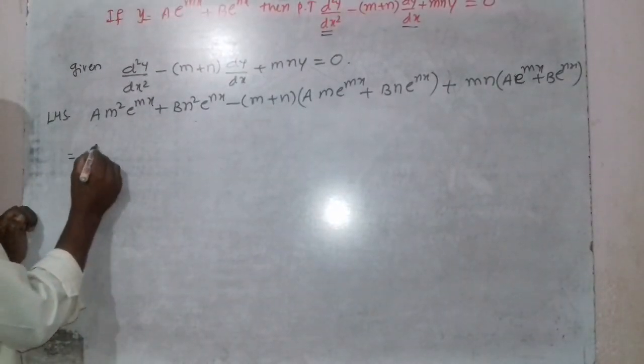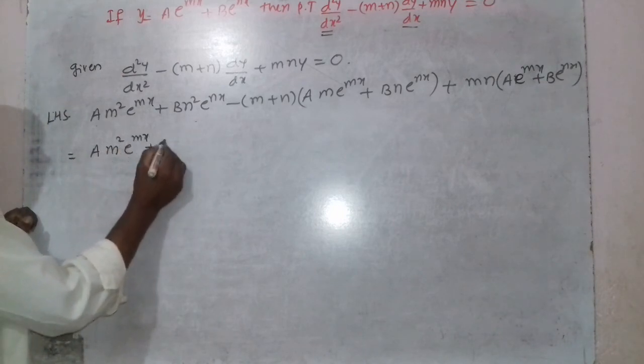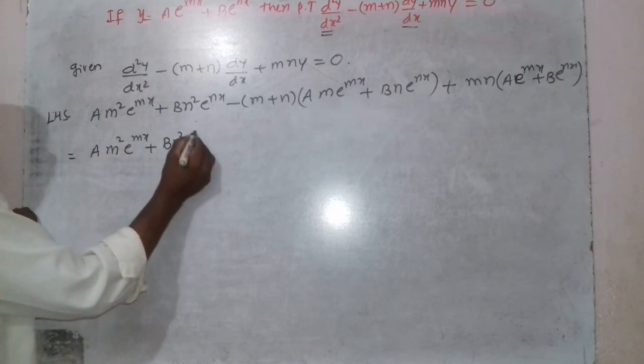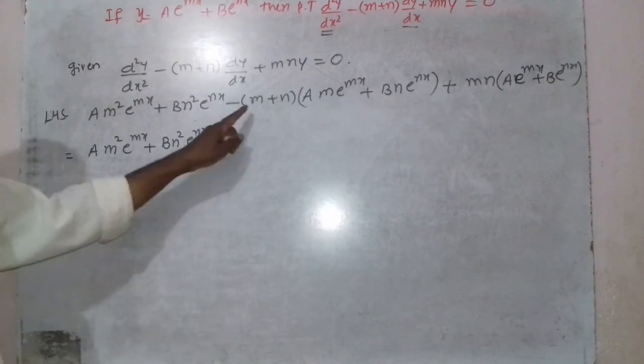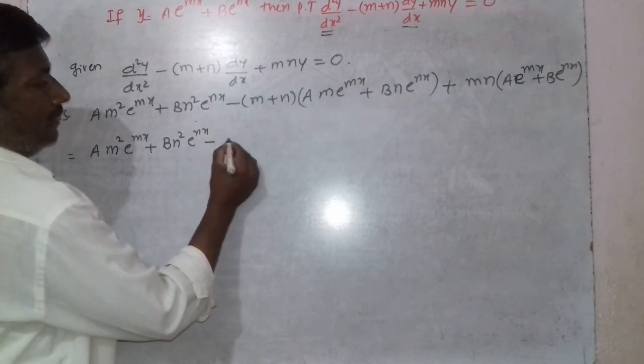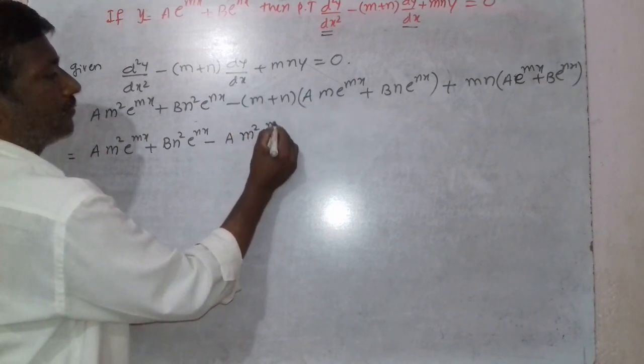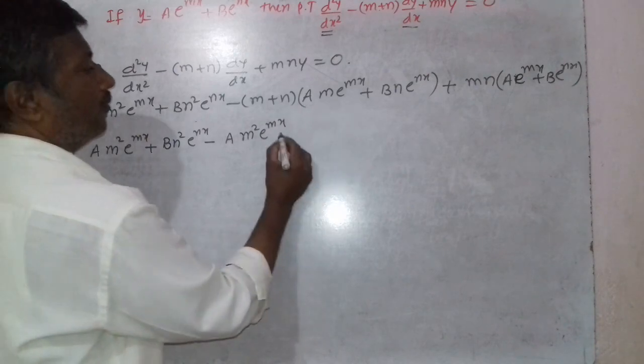This equal to a m square e raised to mx, b n square e raised to nx, minus m into bracket, minus a m square e raised to mx minus